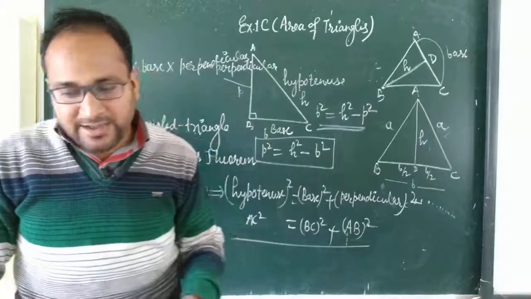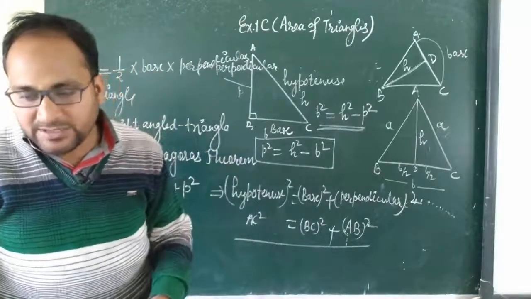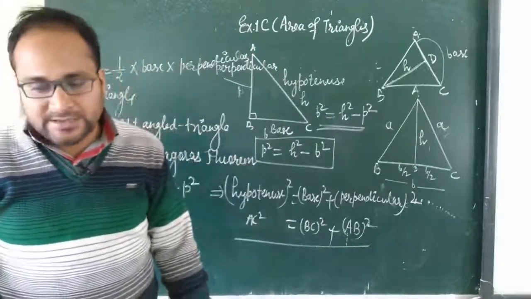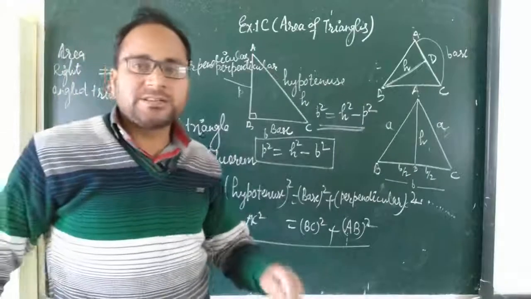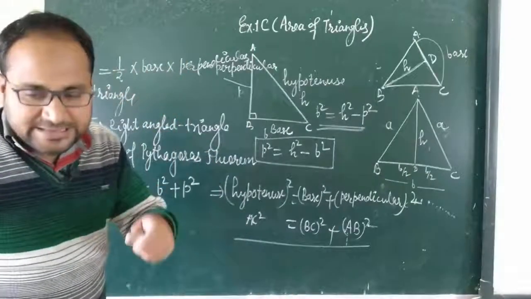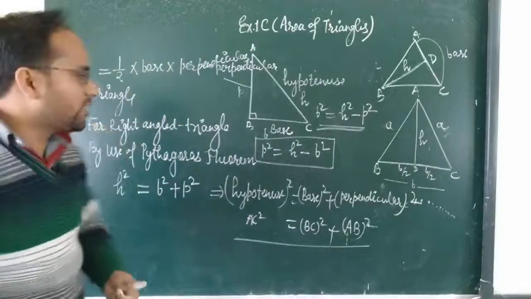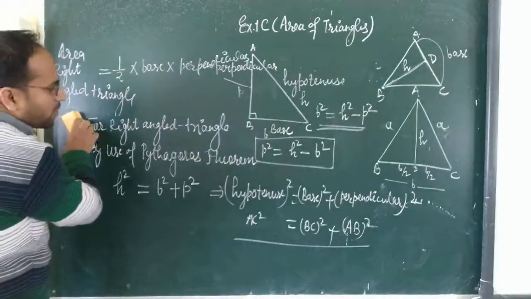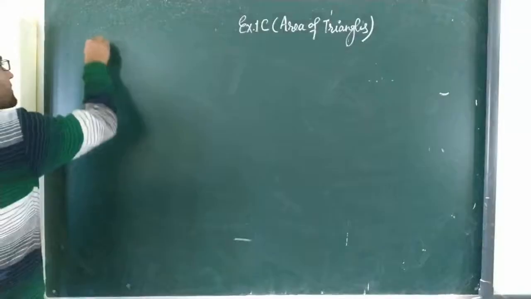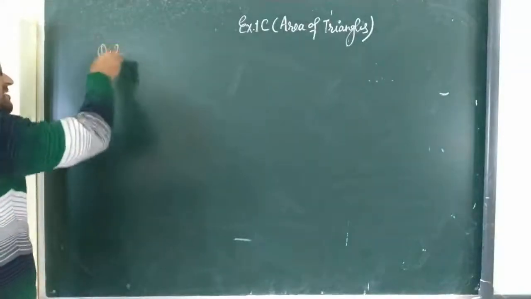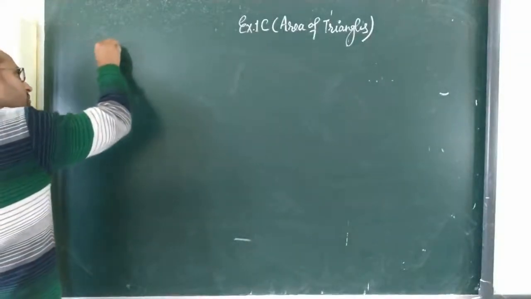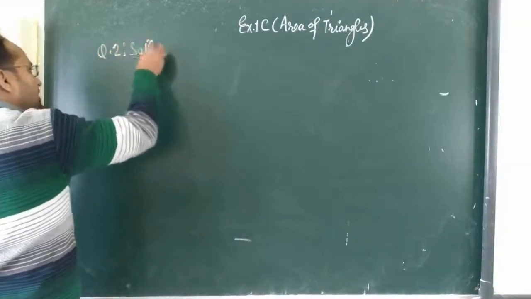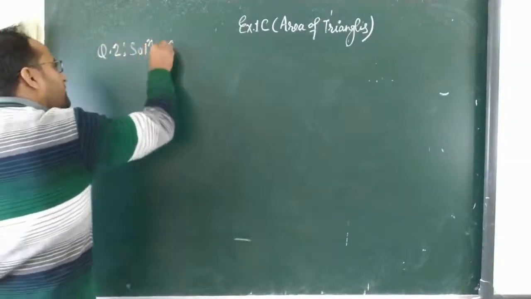If one side of a triangle is 24.5 centimeter and its corresponding altitude is 12 centimeter, find its area. So see this question number first. First is easy. Second one, you can see this second one. After that I am going to talk about the problems of your exercise. Question number second is the same as the first one, so in this one I am going to solve the second question.